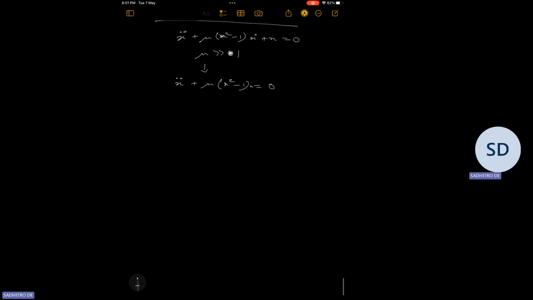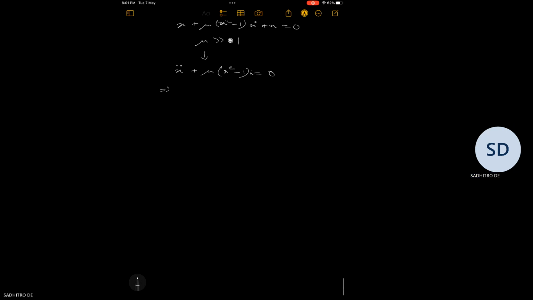Now this equation basically implies that we can write this as x dot equal to y and y dot equal to